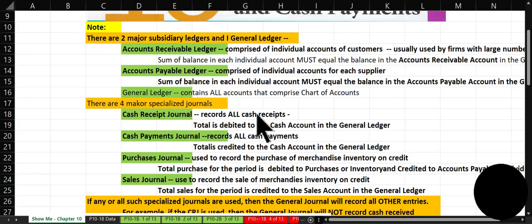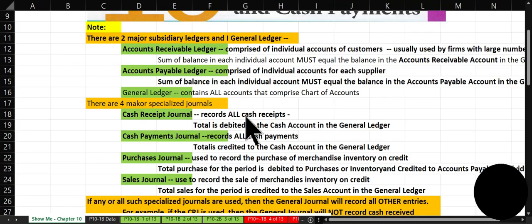You would still debit cash and credit whomever it is that gave the cash. However, instead of making multiple entries in the cash account, we would have the multiple entries in the cash receipts journal and then periodic totals, whether it be daily or weekly, as the case may be, to the cash account